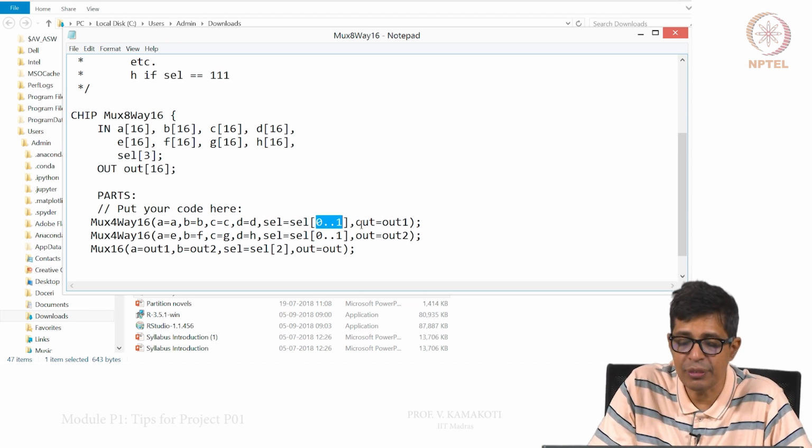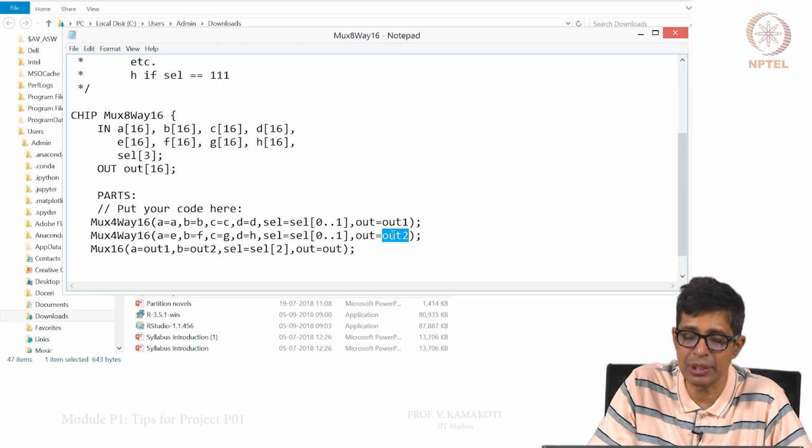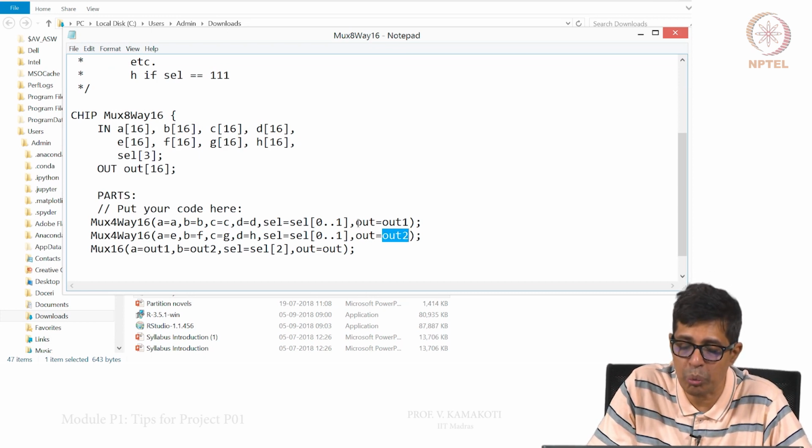Very interestingly, out1 and out2 are intermediate wires that we have created. Now, this is a 16-bit mux, so out1 should be 16 bits, and out2 should also be 16 bits. They automatically become 16 bits because I am assigning them to out, which is defined as 16 bits in mux 4-way 16.